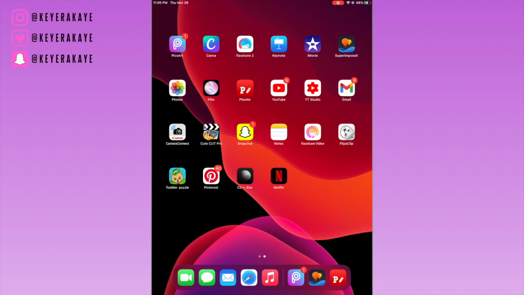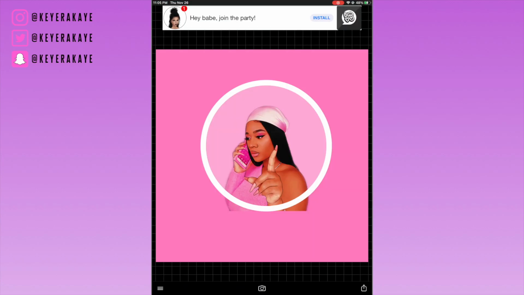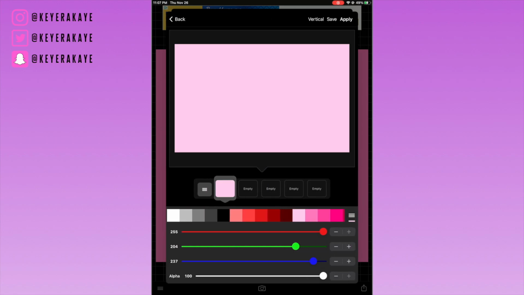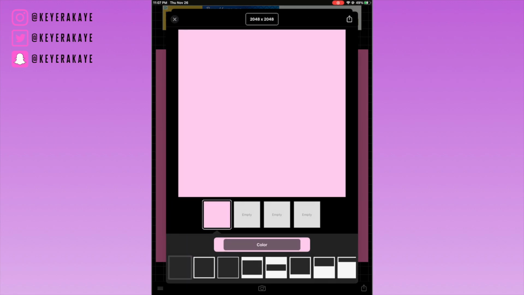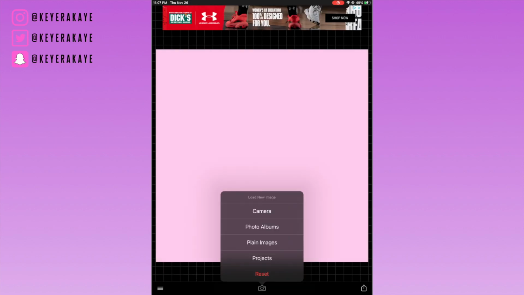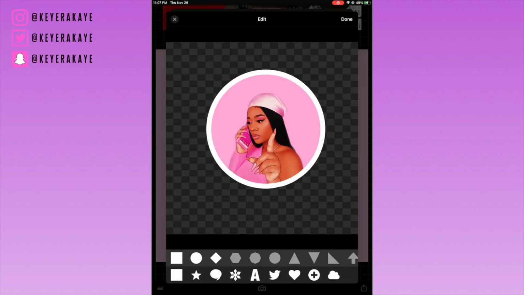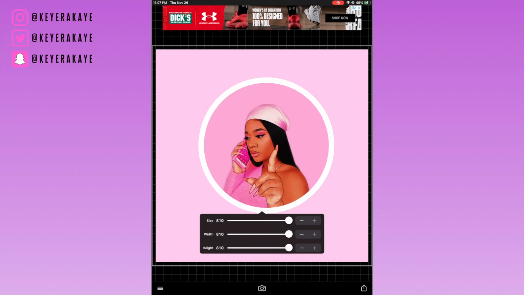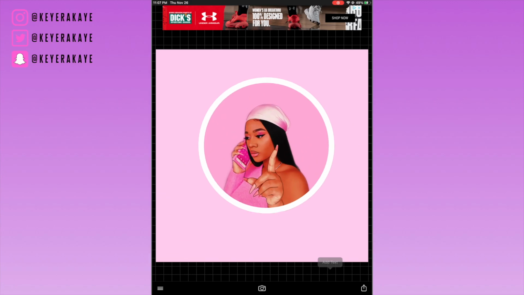So now I'm going to go back into Phonto and I'm going to start a new project by clicking on the camera at the bottom. This time you want to make sure the image is the color that you want for your logo. And then you're going to hit apply and then use. And once you have that up, you're going to click the three dots at the left hand on the bottom. And then you're going to add the image that you just saved from Phonto or in your case PicsArt if you use that app. And you're going to make it exactly the size that you want to have it on